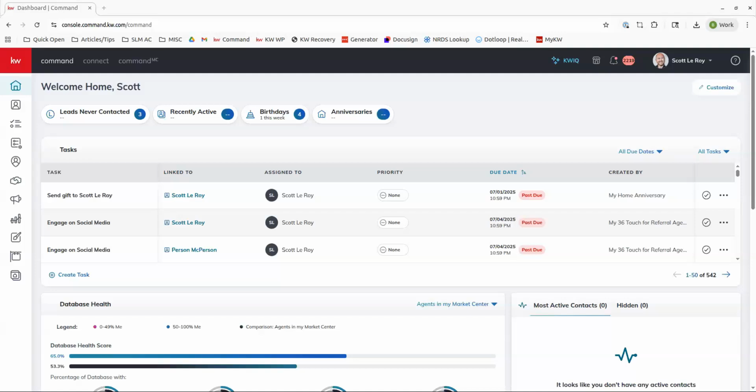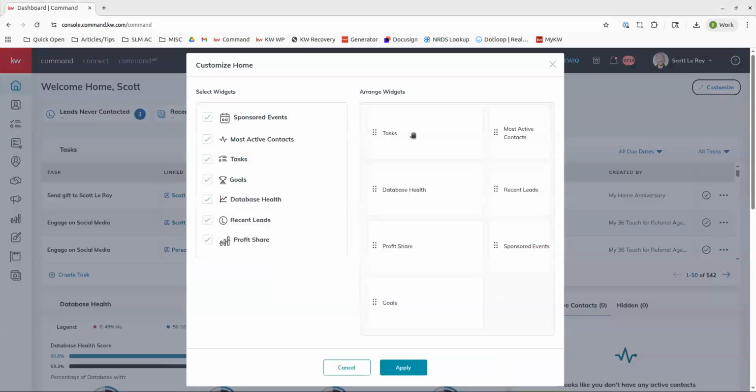Command home screen. So when you first log into Command, which is agent.kw.com, what you're seeing right here on my screen is going to be the home page of your Command, and there are some customization options within this page, so we can change the layout just a little bit. So what we're going to do is click this pencil in the top right corner and say Customize. And from there, we can select the different widgets that we would like to have appear on our home